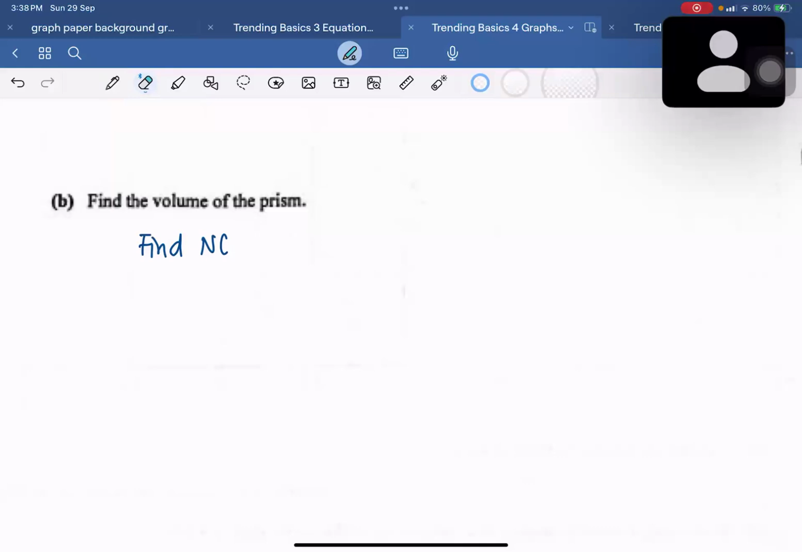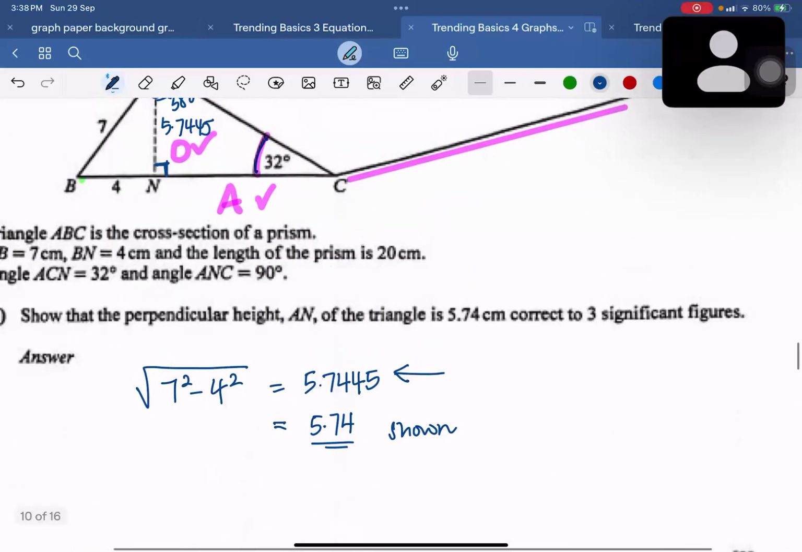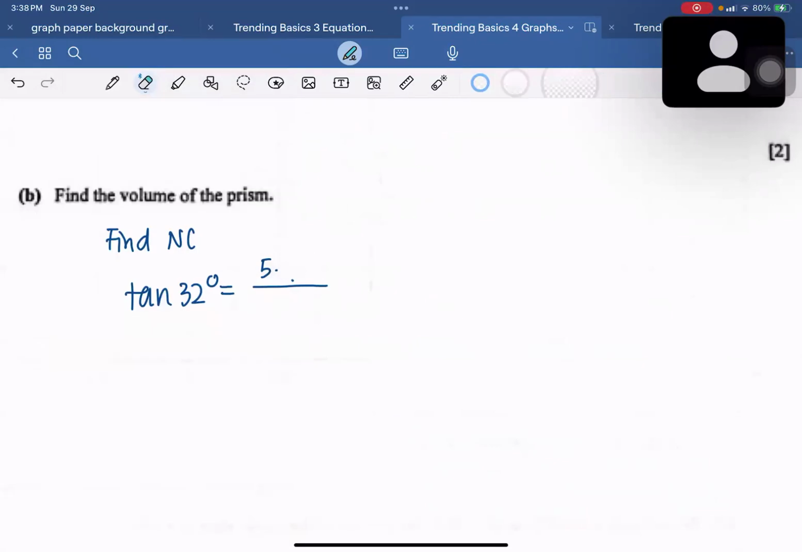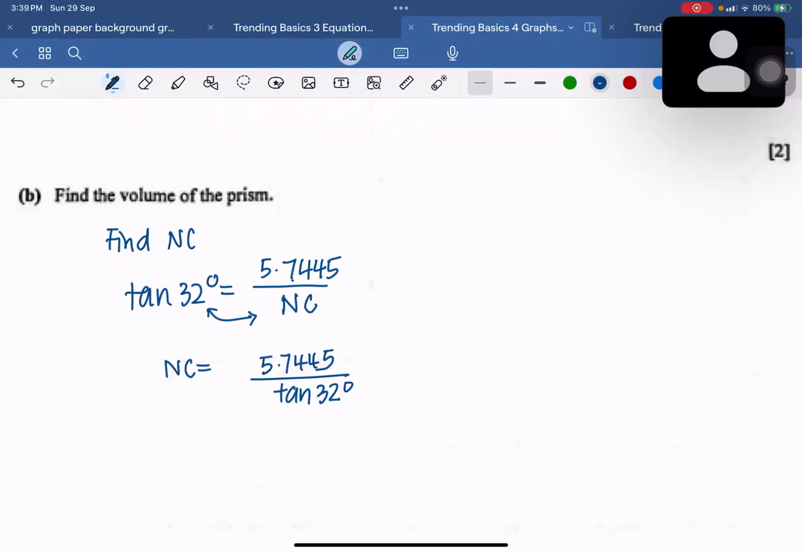Tangent 32 degrees equals 5.7 over NC, TOA, opposite over adjacent. The adjacent is the one that you need to find, NC. Notice that this NC is at the bottom. I can just swap over. If NC is on top, I just multiply the denominator over. So NC equals 5.7445 over tangent 32 degrees, which is 9.1932. Okay, so after I know NC already, to find the volume of the prism